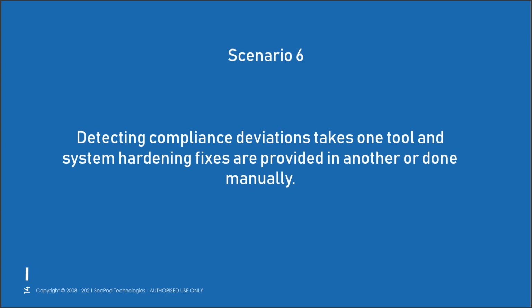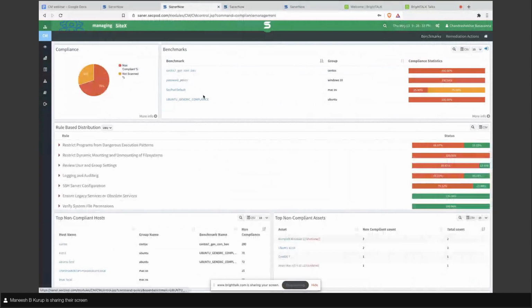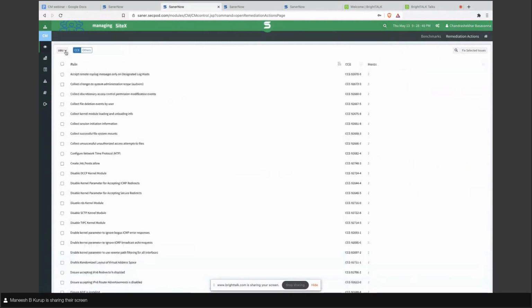Let me share that screen and show how Sena now facilitates this capability. If you come to the dashboard, here you can see the benchmark details, and on the top right corner you can see the remediation actions. If you click on this, it takes you to a window where the list of rules which are non-compliant is listed as per the template you have chosen.